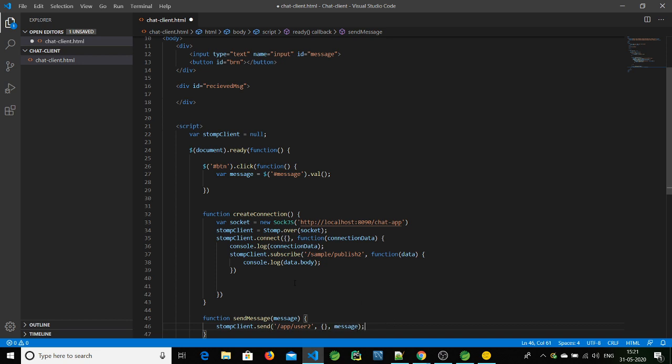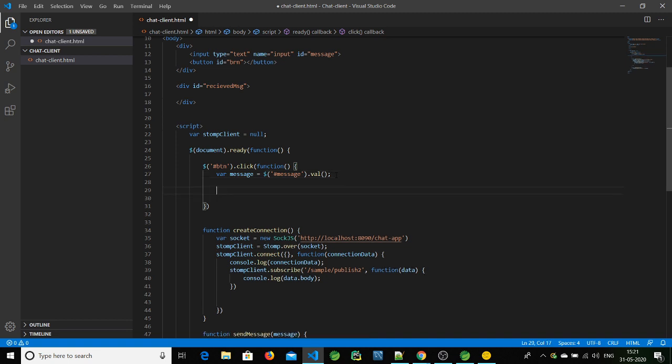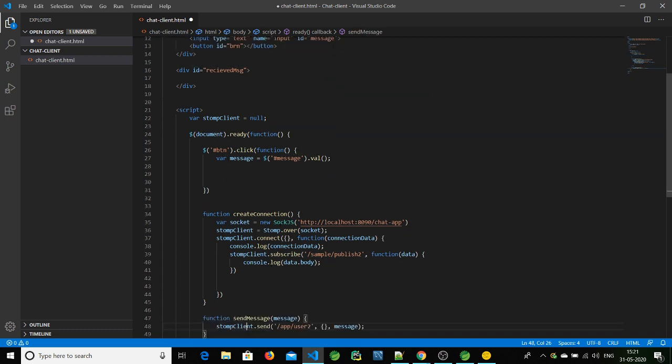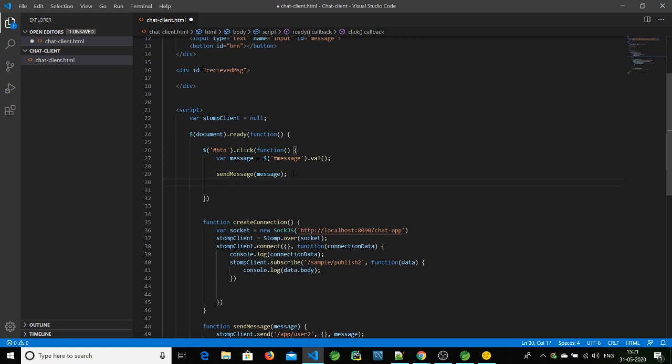So now it is done. What we'll do now is, once the user sends the message, we want to print the same message, saying that you have posted this message. So on top of that we have got the message. Now for that, first call this function to send the data. So now here we called this function and we have sent the message. After sending the message, we are trying to print the same message for the same user.